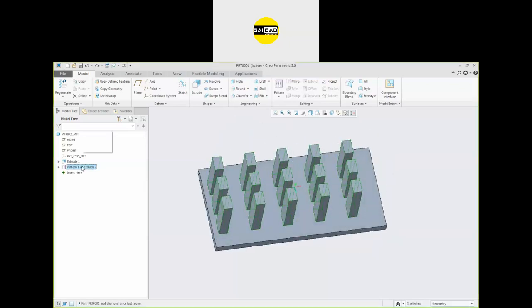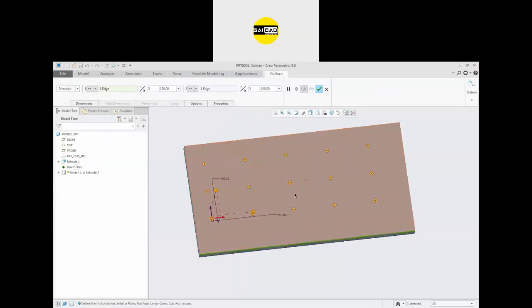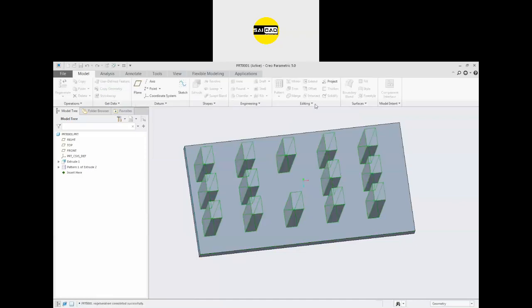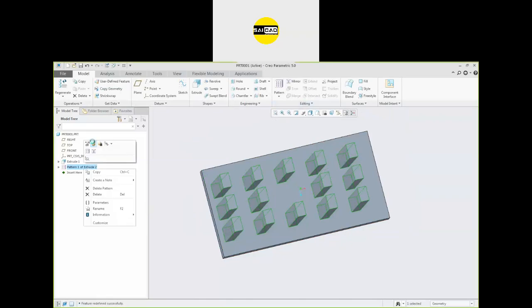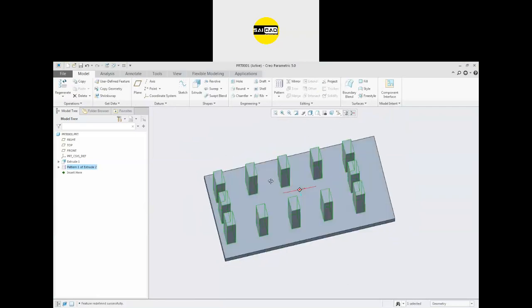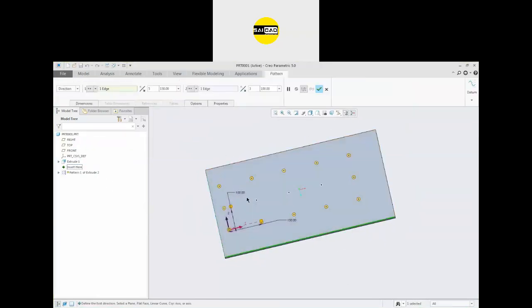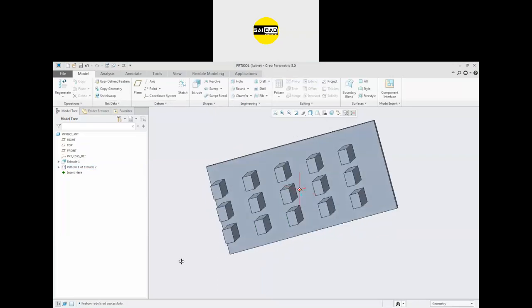For that, go to the edit pattern. You will see there are some yellow points with a black marker in between. So you can just click on the part. You will see this is not yellow right now, so this will not be visible in the pattern. Go to the edit and you can just click on those and they will be excluded from the pattern. If you want to include, go back and just click again and they will be included in the pattern. Click OK and the pattern comes out.